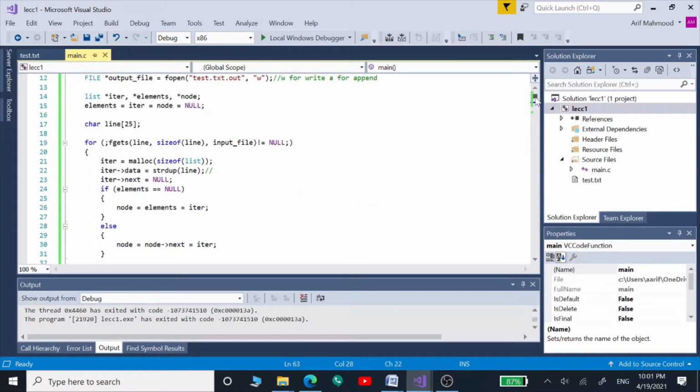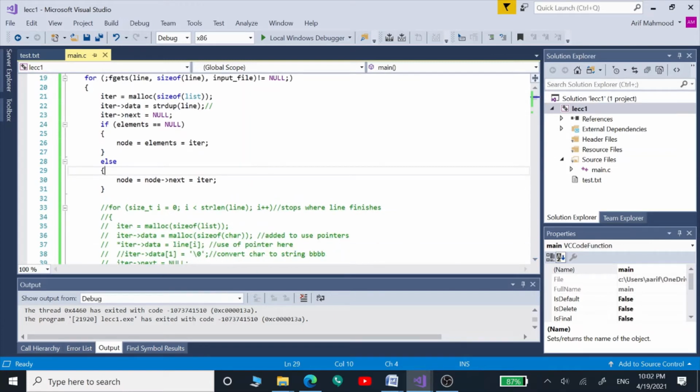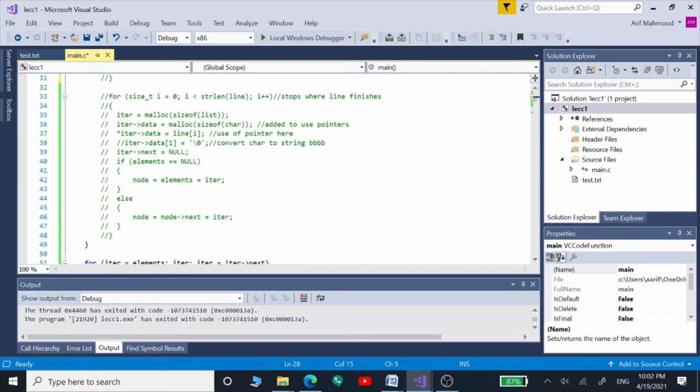Now we are going to see how we can convert this list, which is right now storing this line as a string, into a character list. In order to do that, we are going to keep out these lines, and we are going to include another for loop inside this for loop.